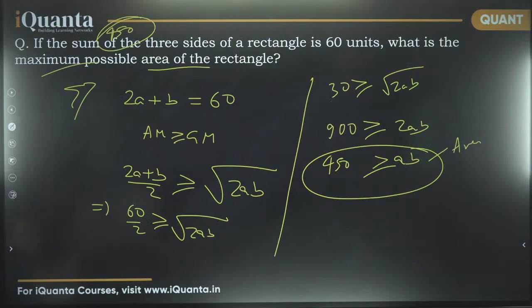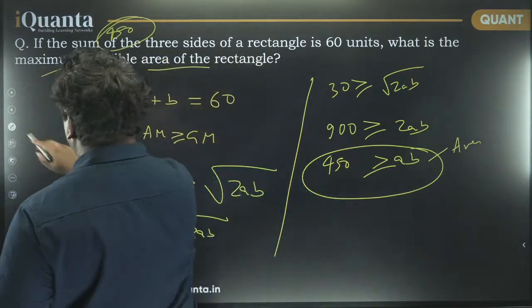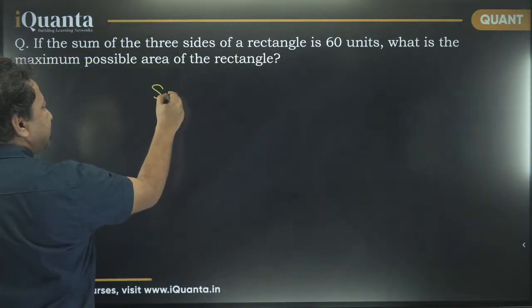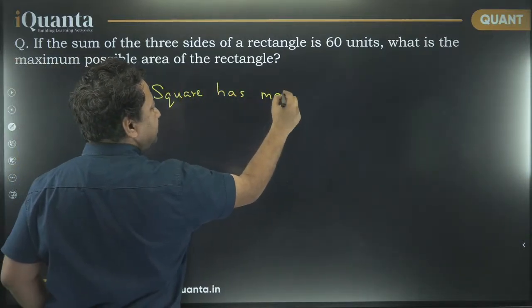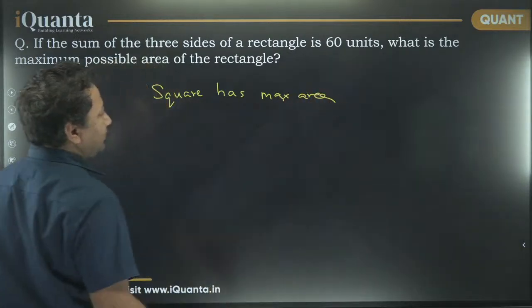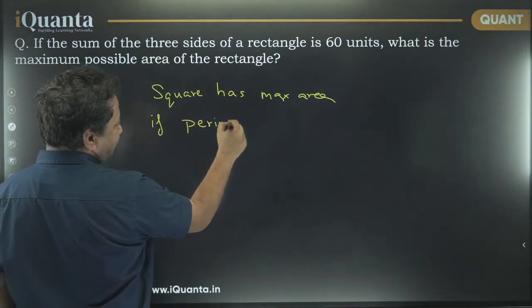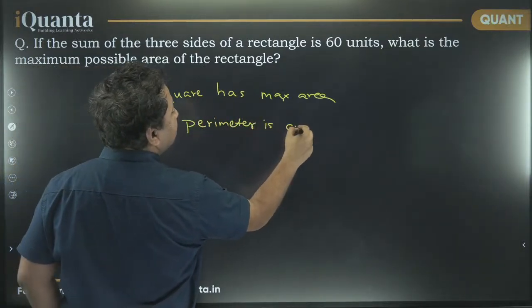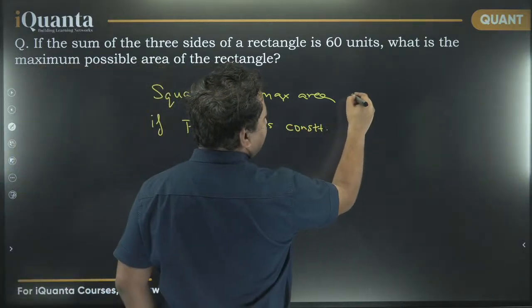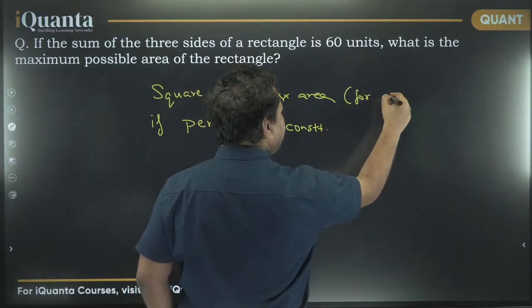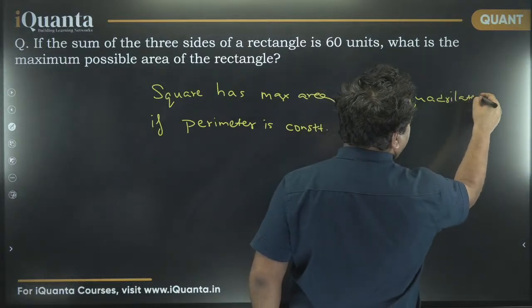Khushi, very good. That's a very nice query. Khushi is asking, can we say square has the maximum area? Khushi, see, just note this down, everyone. Square has maximum area if perimeter is constant. Maximum area for a quadrilateral. In a quadrilateral, square has maximum area if perimeter is